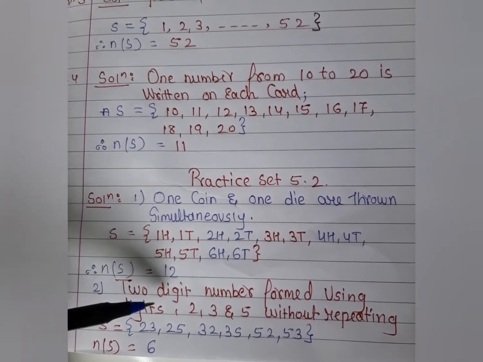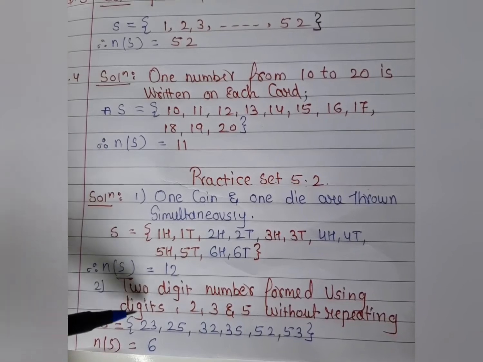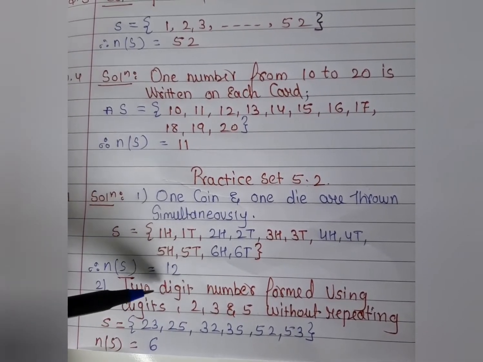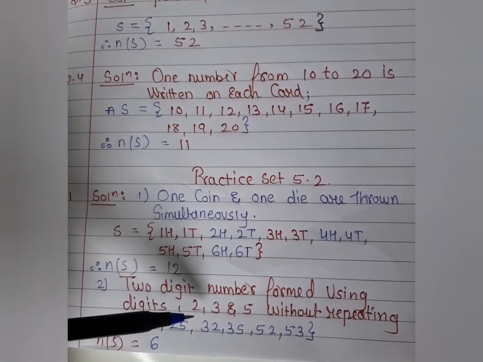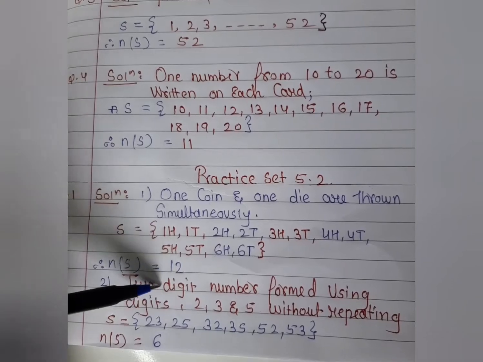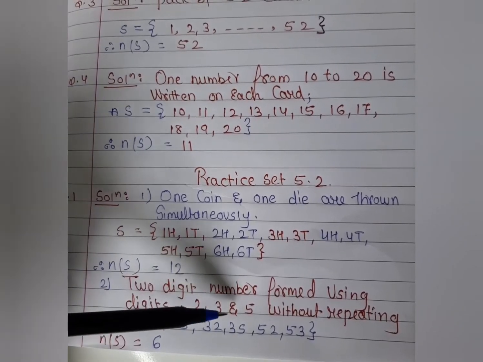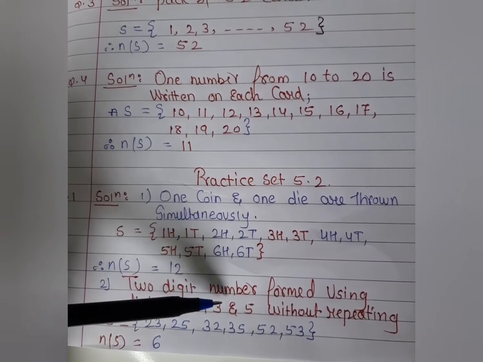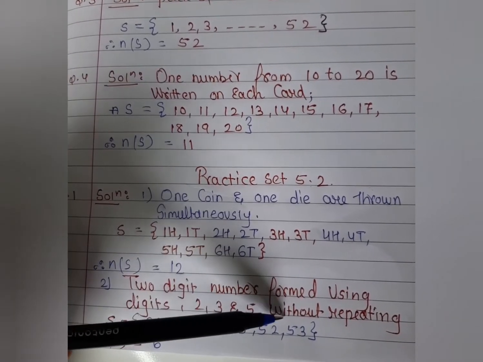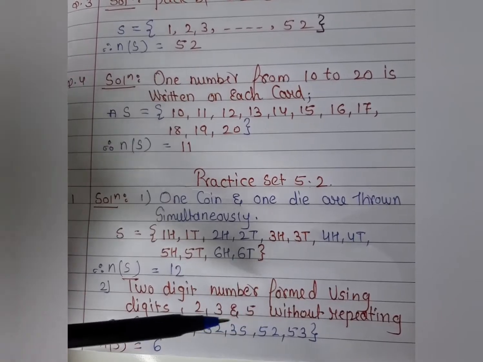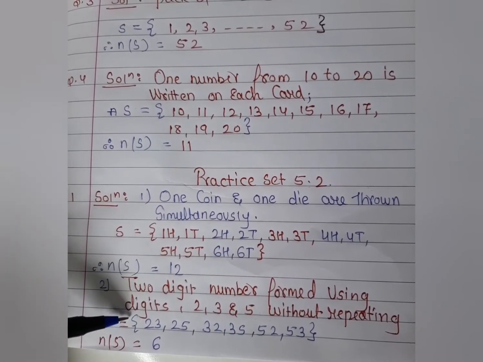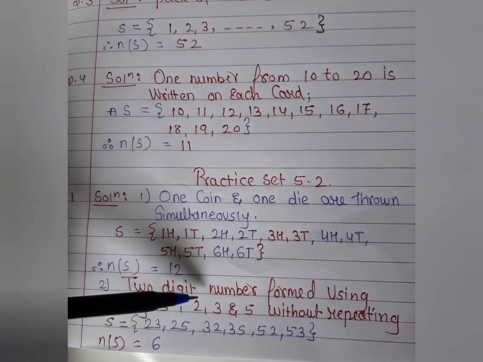In this condition, 2-digit numbers are formed using the digits 2, 3, 5 without repeating. It means students, in this question we have to make 2-digit numbers from 2, 3, 5. But when we make 2-digit numbers, the digits should not repeat. So how do we write the sample space of this? S is equal to, inside curly brackets,